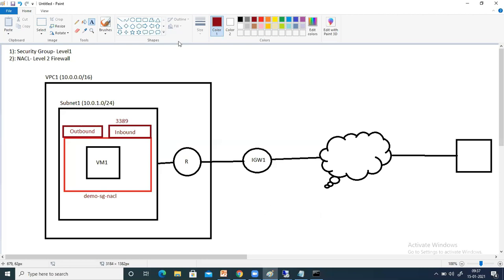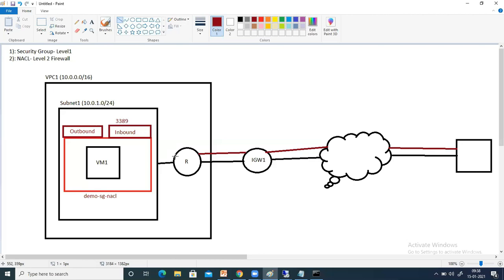Now you should understand how this overall traffic works. Suppose from my laptop I'm trying to take an RDP session on this particular EC2 instance. First, via the internet, it will reach my internet gateway. Through the internet gateway, it comes to my routing table. In the routing table, it will get to know that the subnet is connected to this routing table.